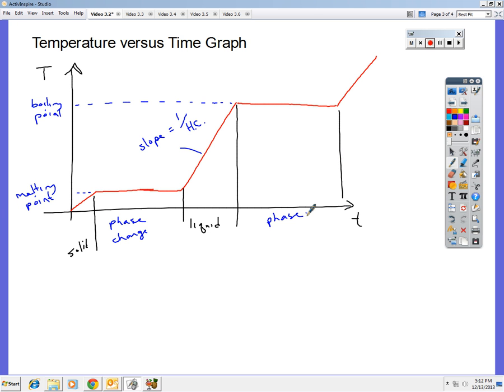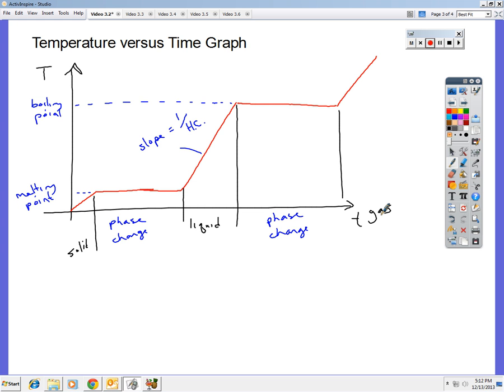While the temperature levels off, as you add heat, it causes more of the water to change into a gas. And then once all of the water is changed into a gas again, the temperature starts going up